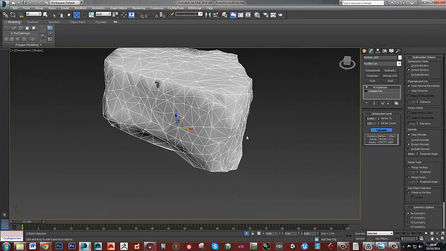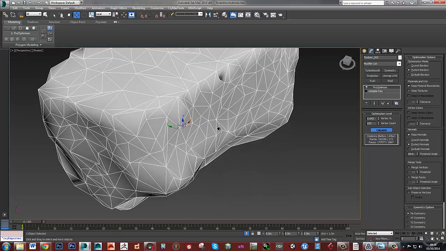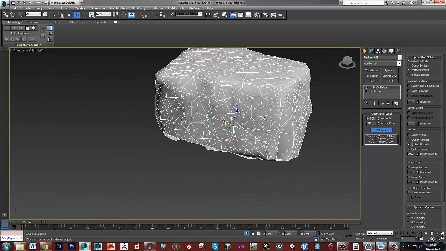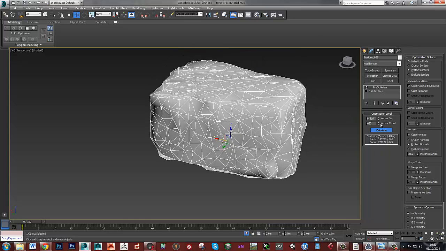And you can decide how low or high poly you want. The way I've been creating these is to create them, make them quite high poly, maybe around where this one is now, maybe a little bit lower than that. But basically just keep on coming down until you think that the silhouette and the form of it starts to deteriorate. And as soon as that happens, so around here, if you look at this area here,